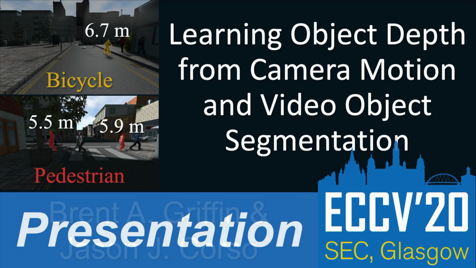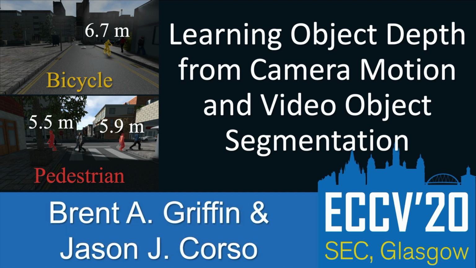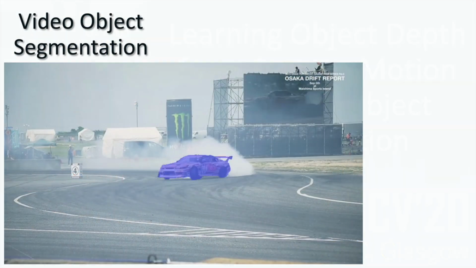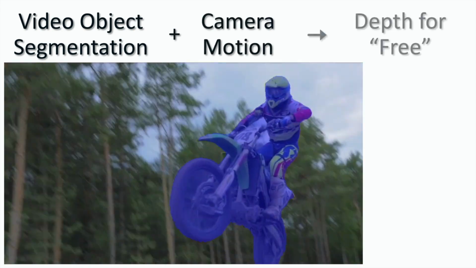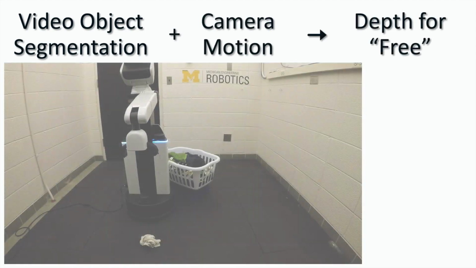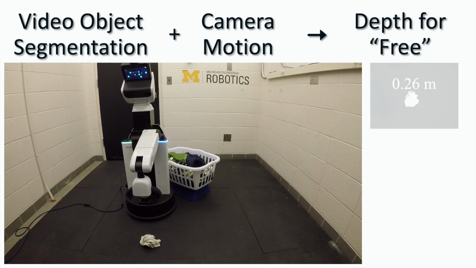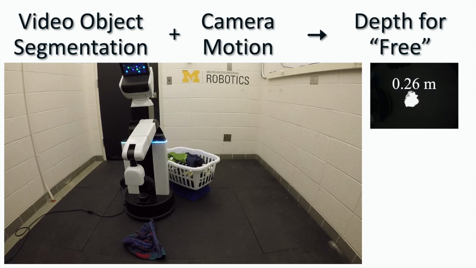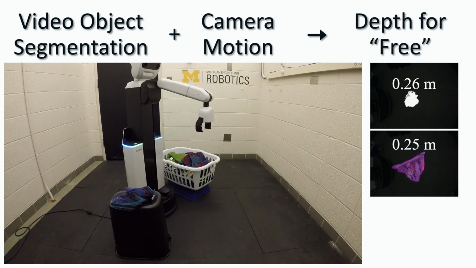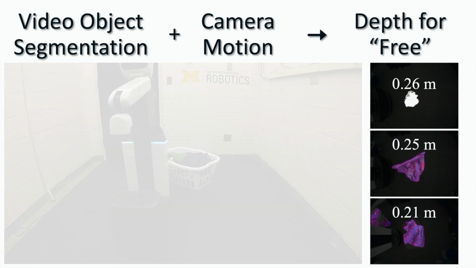This work is done in collaboration with Jason Corso, and today I'm going to be talking about our work on learning object depth from camera motion and video object segmentation. In this work we combine video object segmentation with uncalibrated camera motion to estimate the depth of segmented objects. Camera motion can be obtained from robot kinematics or vehicle odometry, both of which are tested in our paper. And here we see HSR using our method to perform object depth estimation and robot grasping using a single RGB